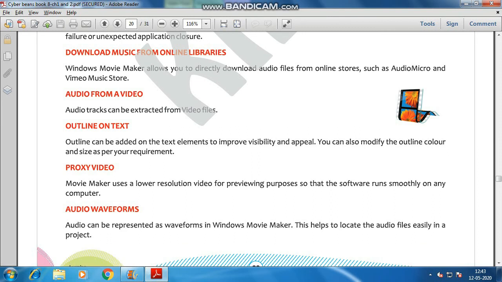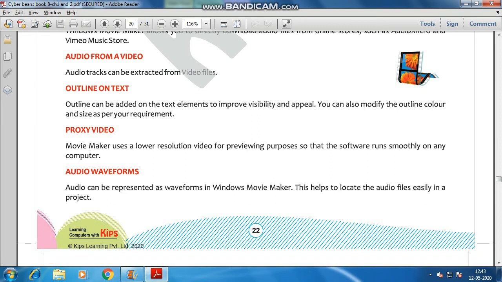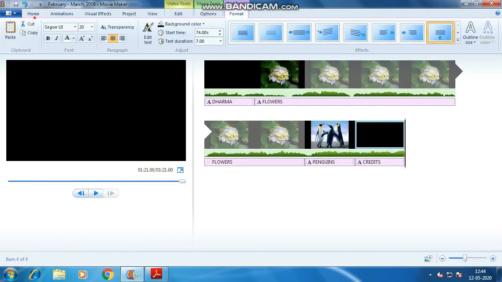Next comes your proxy videos. Basically Windows Movie Maker is the one which is giving you an opportunity to make your movies more smooth, which will be best suitable for every software, every video player. So I'm showing you the option of proxy video.